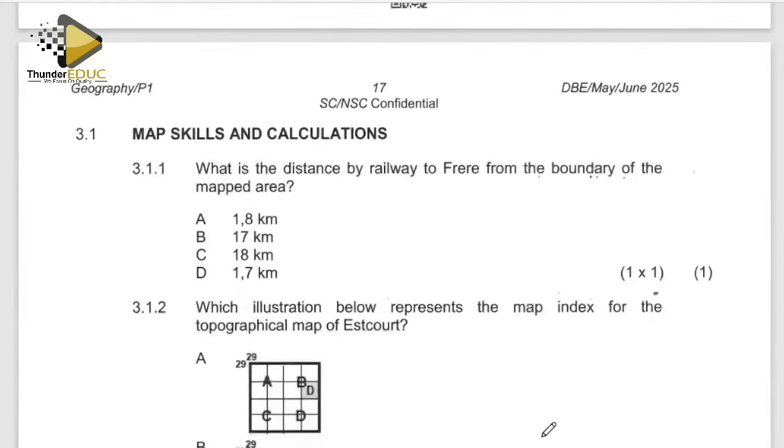The first question is: what is the distance by railway to Frere from the boundary of the mapped area? What you do there is measure the map distance in centimeters. You want to convert this. If you are using a topographic map,